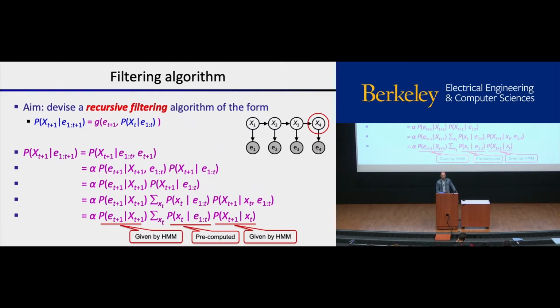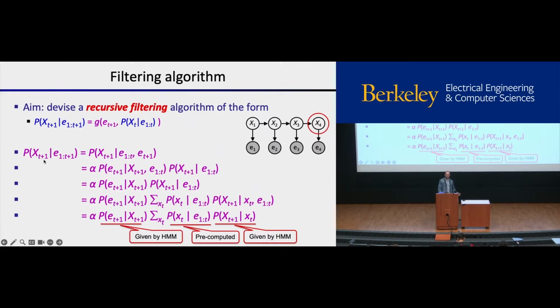And you can see, it's easier to see for these past ones, knowing the distribution of one of these hidden variables means that that's kind of all you need to predict going forward. The technical term is it screens off all the other information. So if you know a distribution over X2, you can forget about E1 and E2. They're not going to tell you anything else if you're trying to look forward. So this is kind of trying to take everything we know up to time 4 and represent that as a distribution over the hidden state at time 4, if we're looking at this diagram, really for any t, of course.